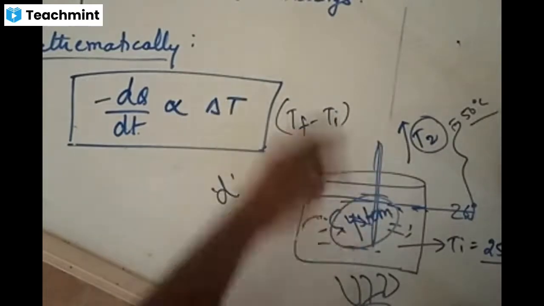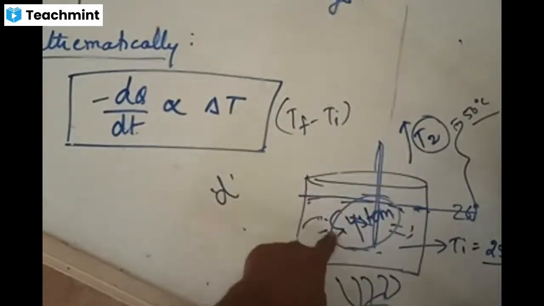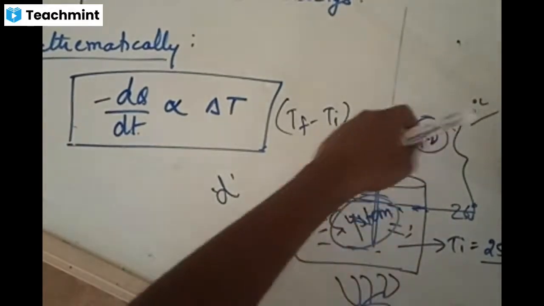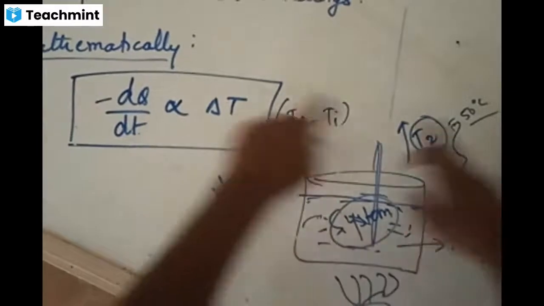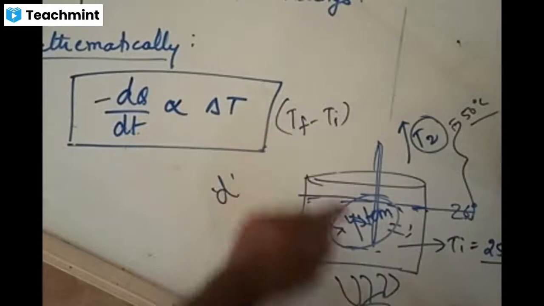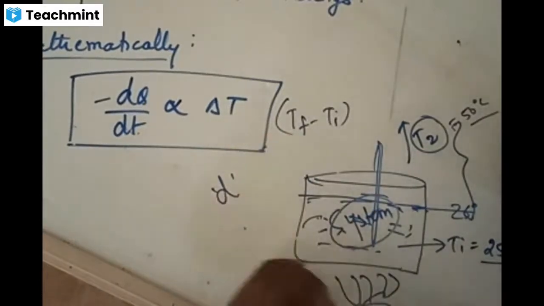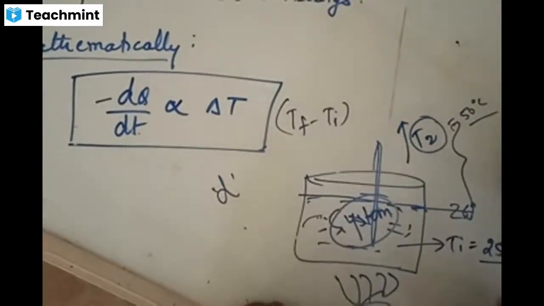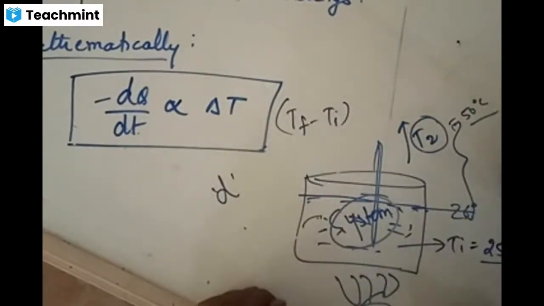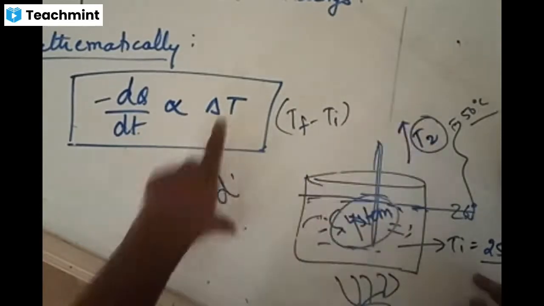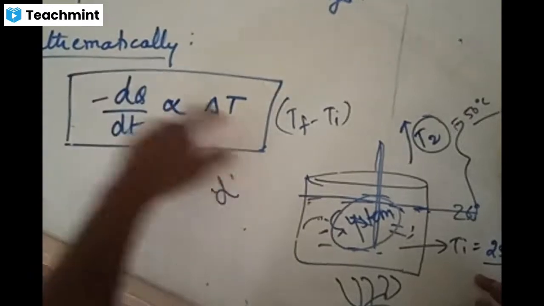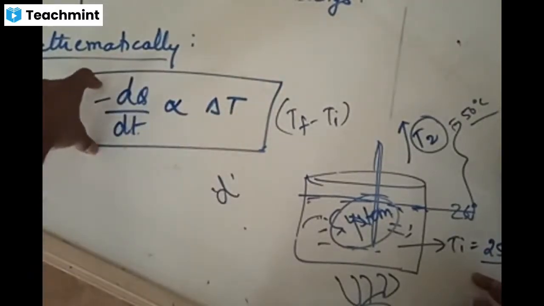The rate at which the loss of heat takes place from the system depends upon the temperature difference. What you should remember is that the more the temperature difference between the system and the surroundings, this is the system, and whatever is present around it is called the surroundings, the faster the cooling takes place. If the temperature difference is too small, cooling of the system also takes place at a slow rate. The more the temperature difference, the faster the rate at which it decreases. The less the temperature difference, the slower the rate at which it decreases.